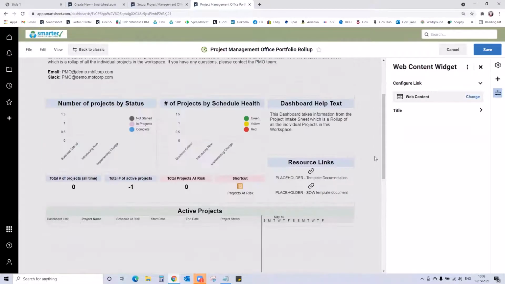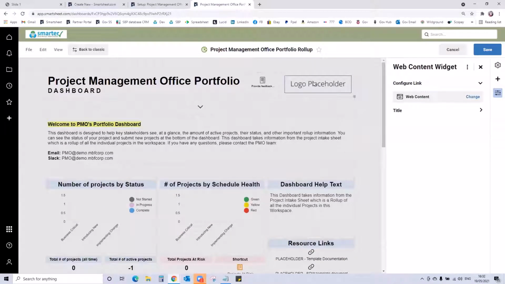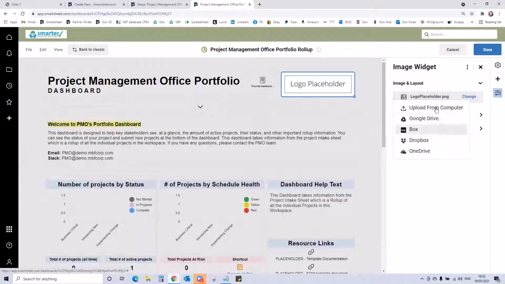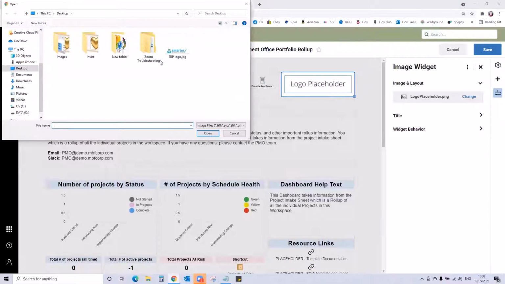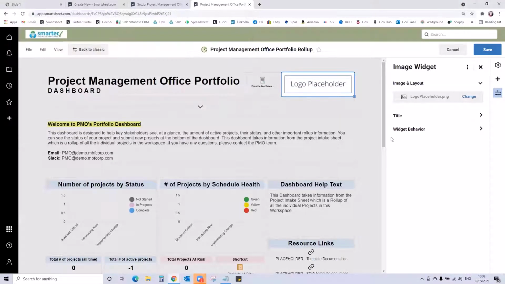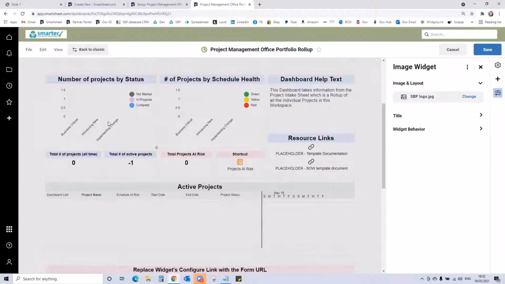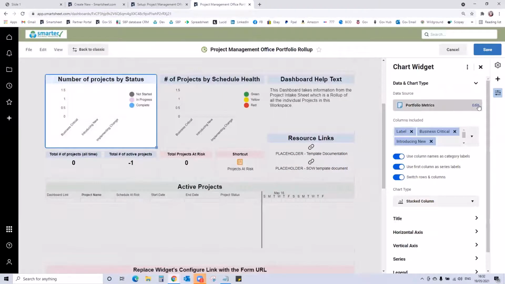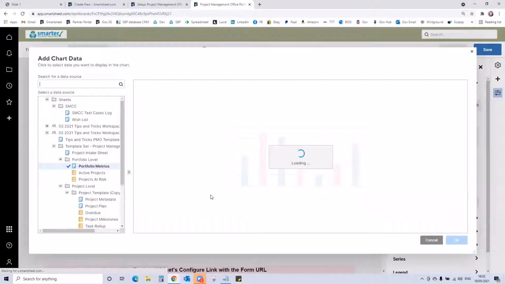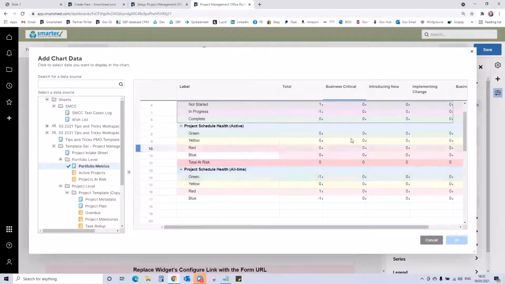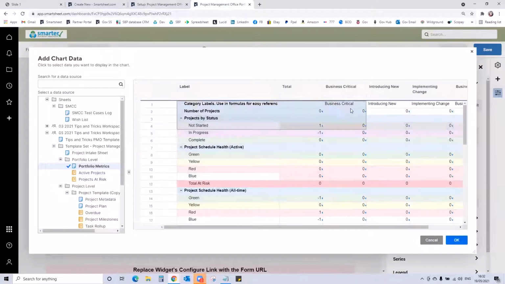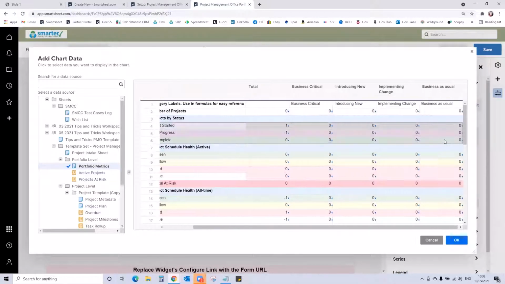The only other things to update on this particular dashboard is, again, you just pop your own logo where it says logo here. And we also need to change the two charts because we added a fourth category. We need to make sure that the chart is going to find that fourth category. At the moment, the data capture is not capturing my newly created